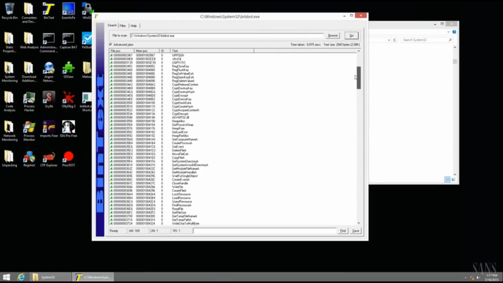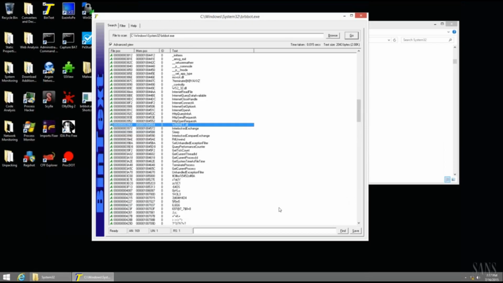You'll notice references, for example, to crypt, some potential encryption activities happening. I see references to some of the API calls we saw earlier this week, create file, for example. So scroll down, you'll see some others. Those of you who have some programming background might recognize some of these C calls right here, such as memset and strcmp. And as I scroll down here, you'll start to see also references to DLLs, for example,